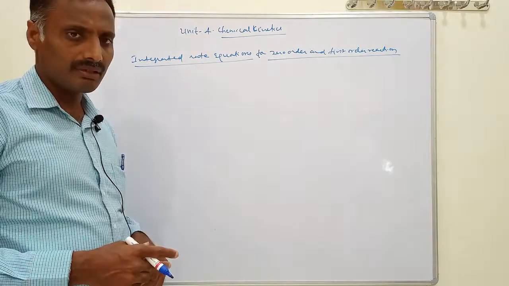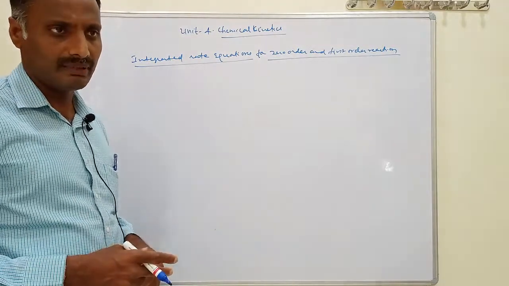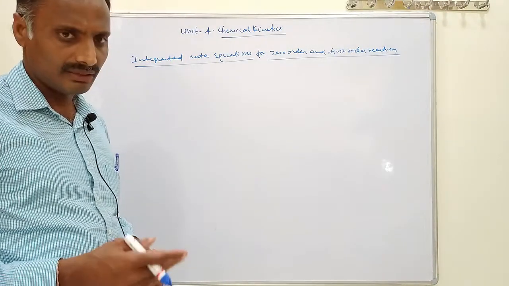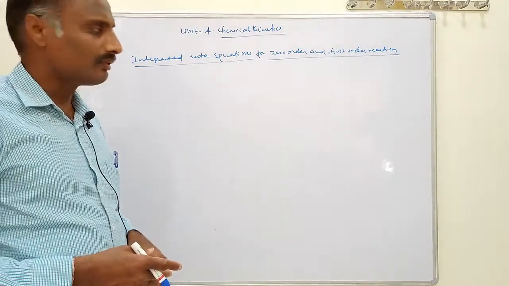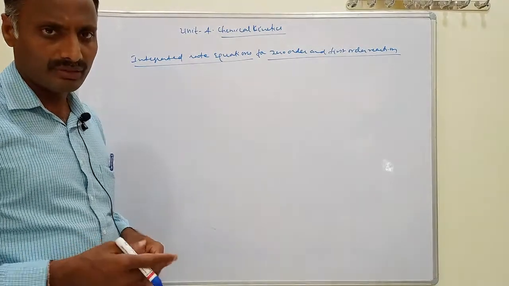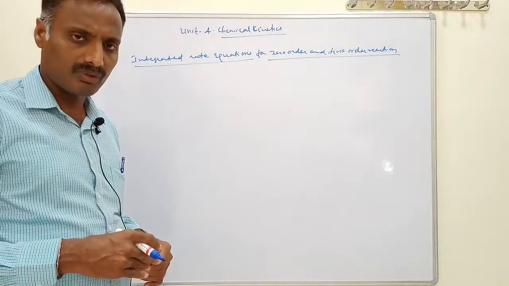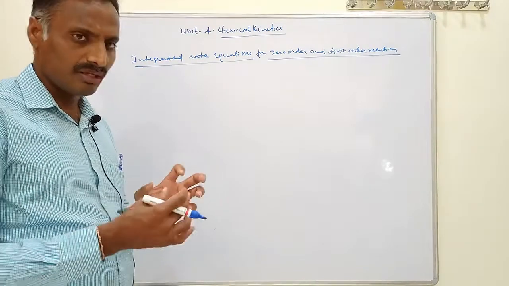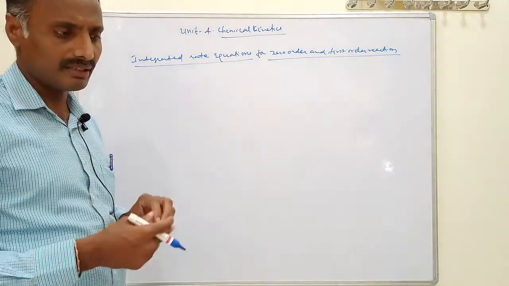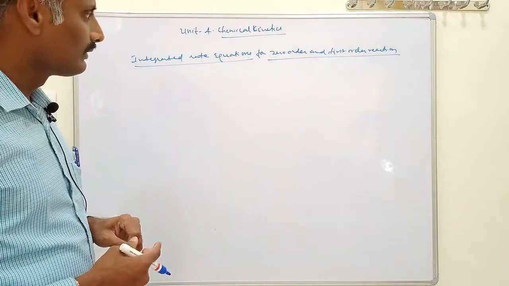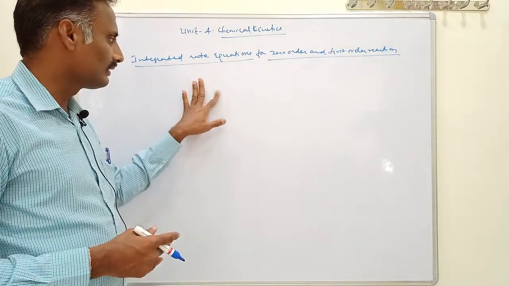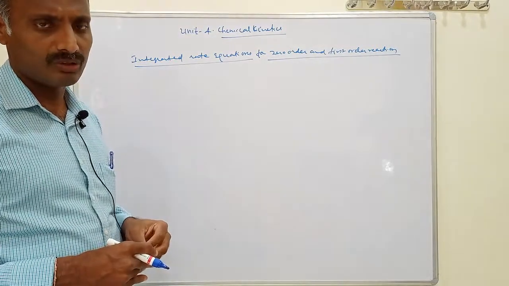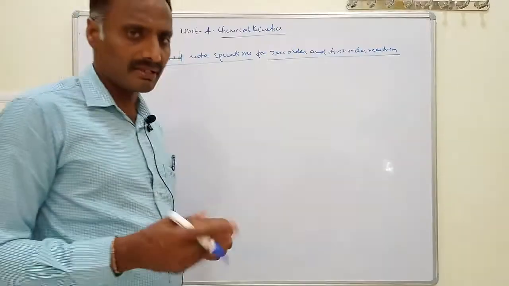Depending upon the number of molecules involved in an elementary step, molecularity may be 1, 2 or 3. If only one molecule is involved, it is called unimolecular. If two molecules simultaneously collide to form the product, it is called a bimolecular reaction. If three molecules simultaneously collide to form the product, it is called a termolecular reaction. If a reaction takes place with more than three molecules, which is a very rare case, the reaction follows so many steps, and that is called the mechanism of the reaction.